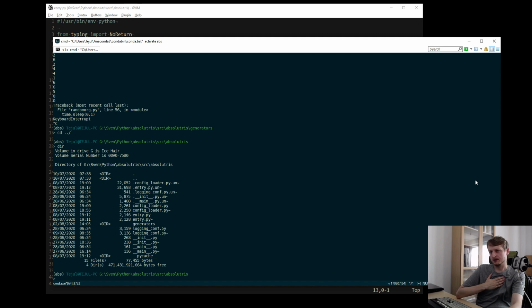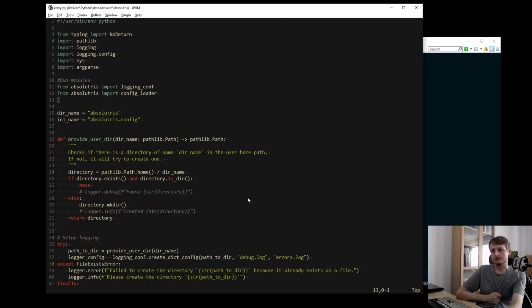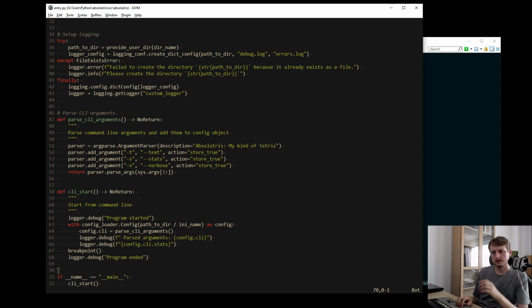But what I'm concerned now is actually with logging, because that's what I wanted to see here. So I'm editing now the entry.py, which is kind of the entry point into the whole program.